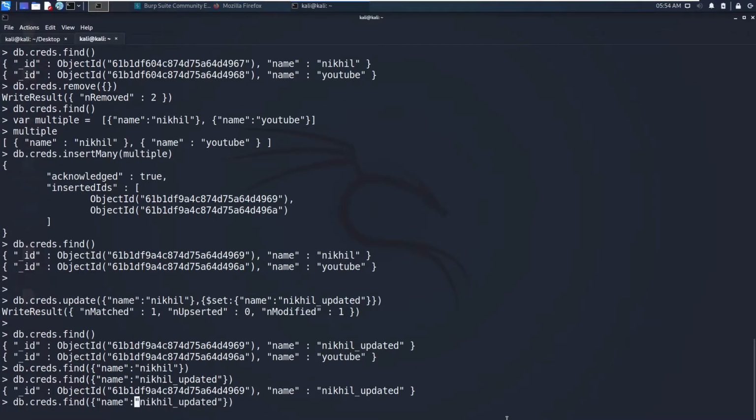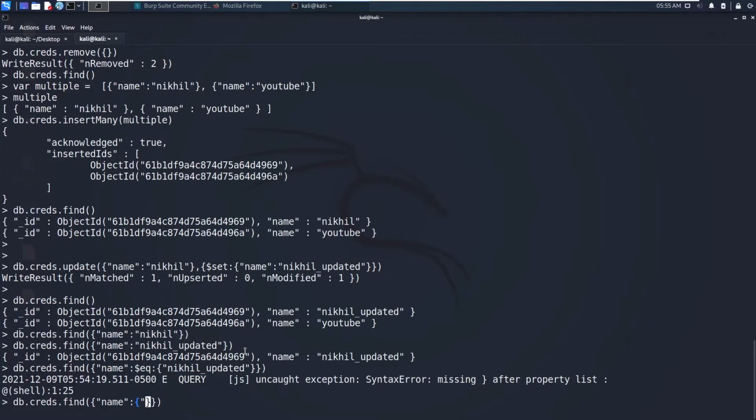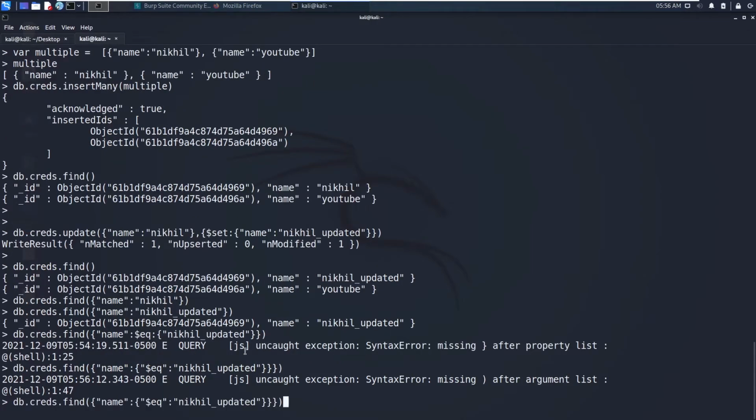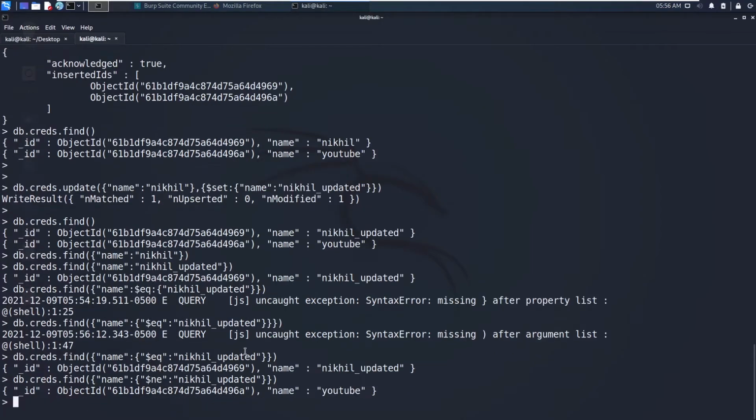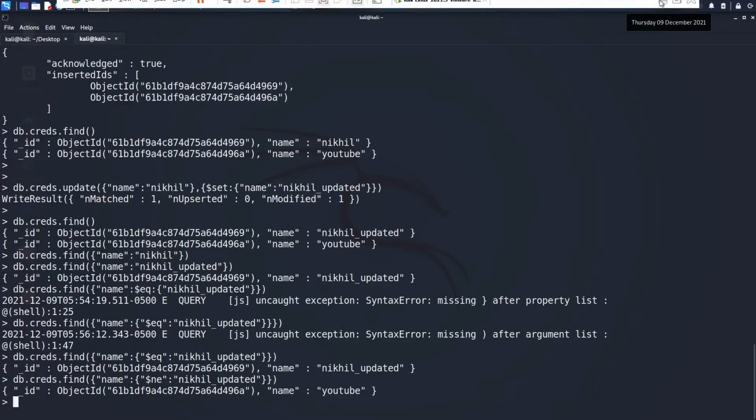You can also give it like this, dollar equal to. So you can also give another JSON data that says equal to Nikhil underscore updated. And you can see we got the record. So you can also change this one from equal to not equal to, and you get the records other than this one. So here lies this NoSQL injection.